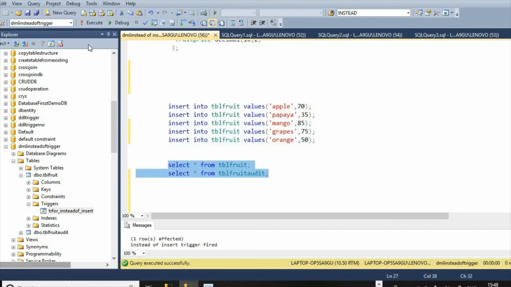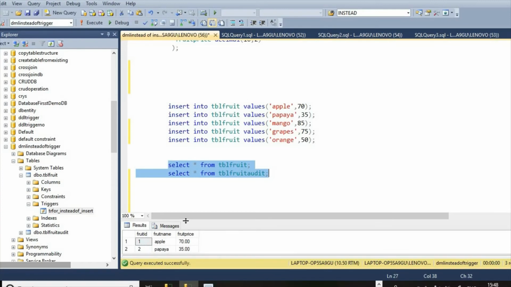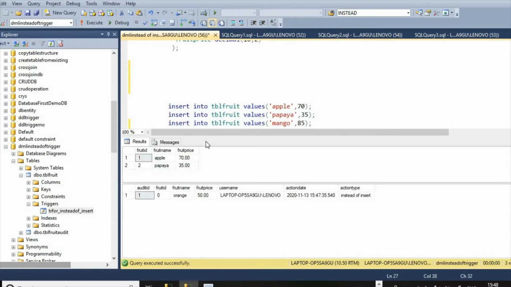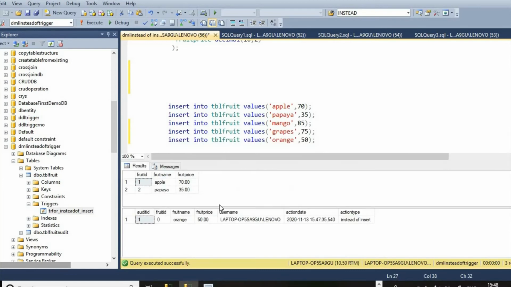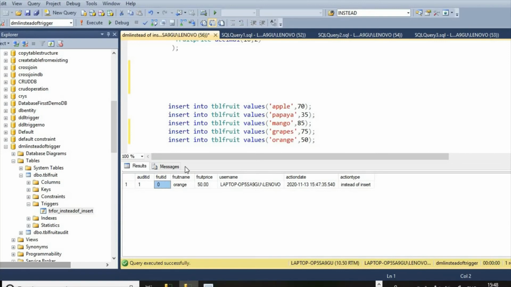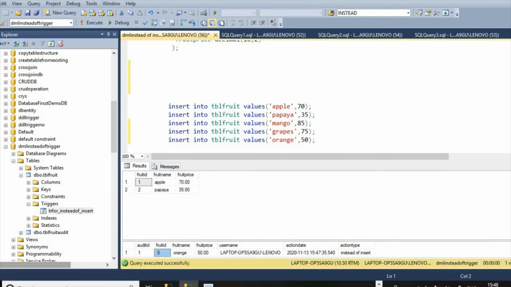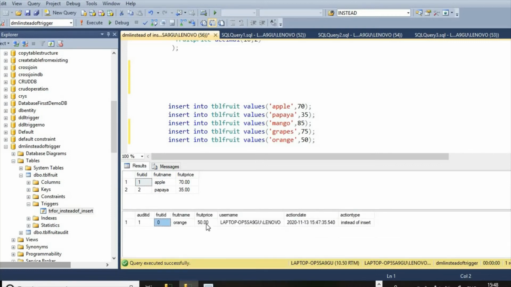If we see here, we can see orange is not added in the table, but here we can see orange is added in the tbl fruit audit table.